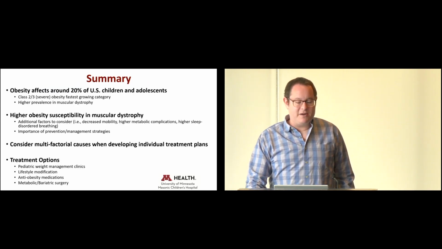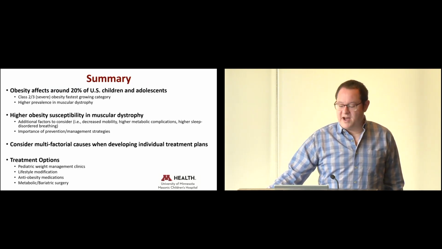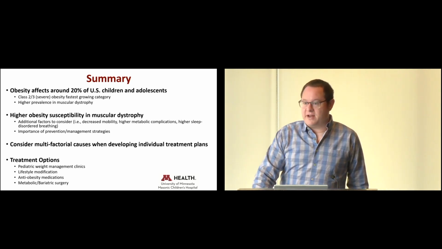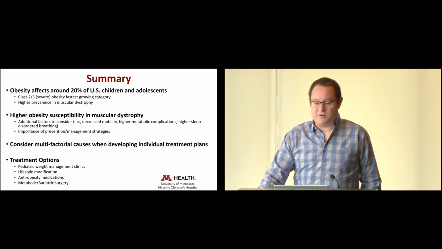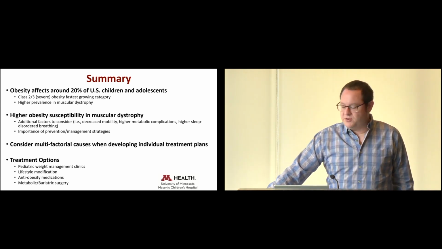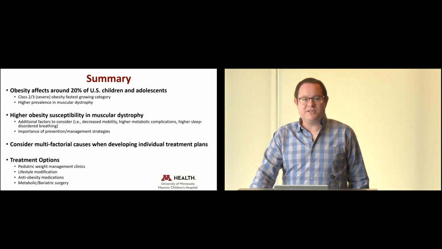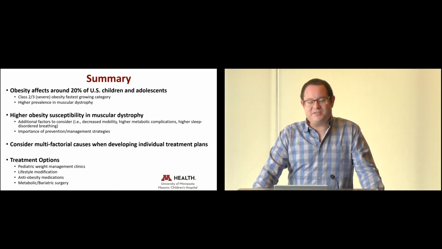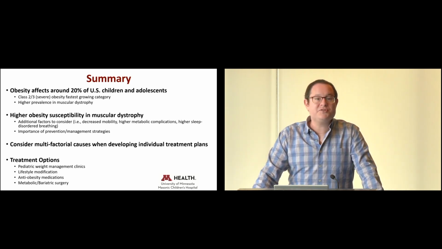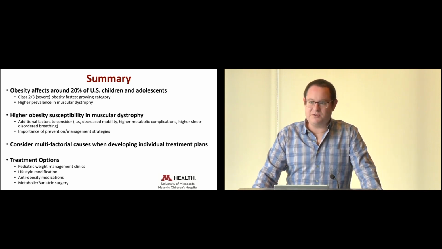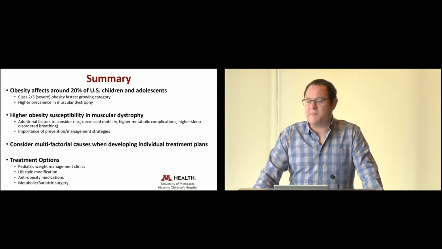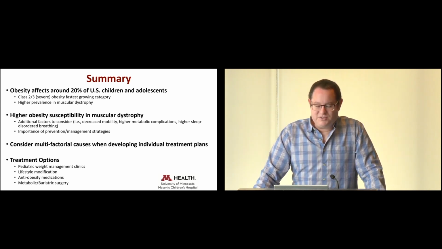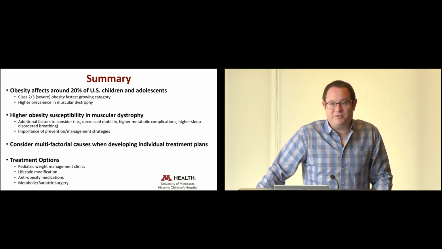So in summary, obesity affects around 1 in 5 children and adolescents in the US, with that severe obesity category that I talked about being the fastest growing category. There is certainly a high prevalence in muscular dystrophy, anywhere between 50 and 70%. Again, there is high susceptibility in muscular dystrophy, and there are certainly additional factors we need to consider, like decreased mobility, higher metabolic complications, and higher sleep disordered breathing, and there is certainly an importance to prevention and management, especially within